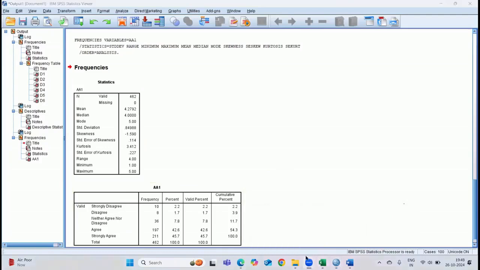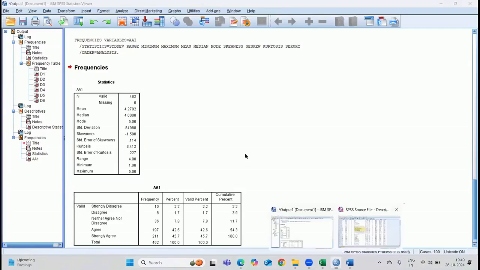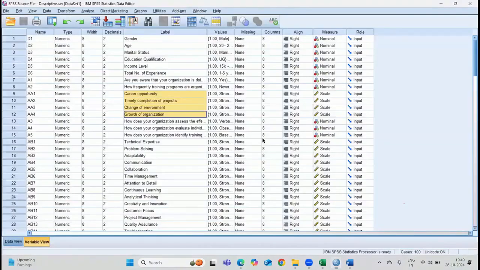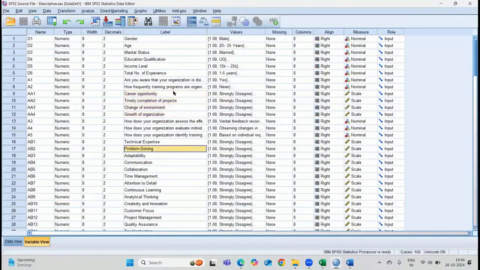Now let's go on to the significant association test. In order to do a significant association test, what is the important aspect? The two data have to be categorical in nature. The two data have to be categorical in nature. Let us consider two categorical data. Say, for example,